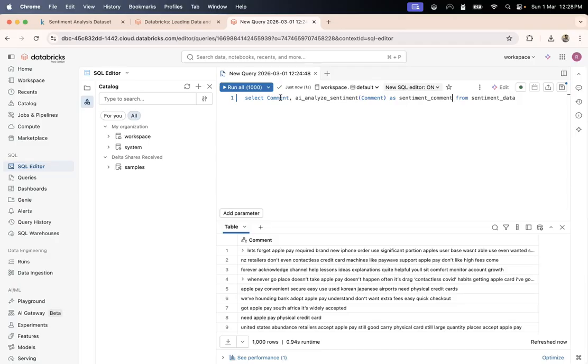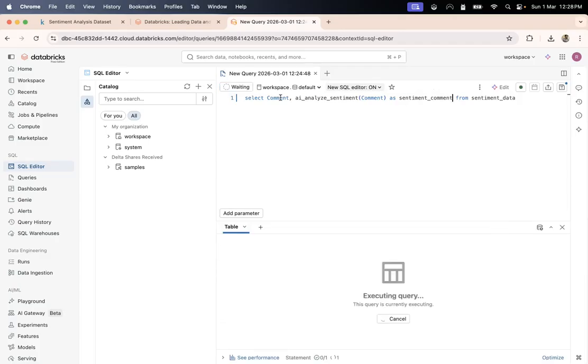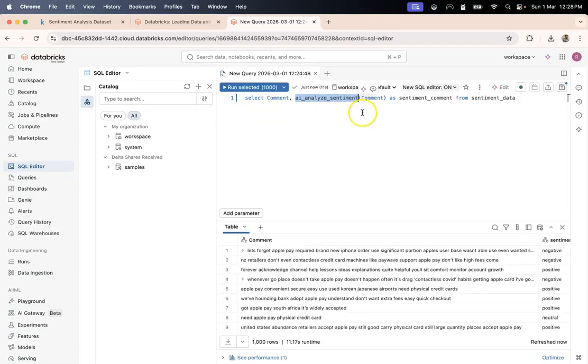If I hit enter, let's see how much time it takes, because this time the data set is large. It might take some time to process AI analyze sentiment on all the rows that are available. So it took 12 seconds.